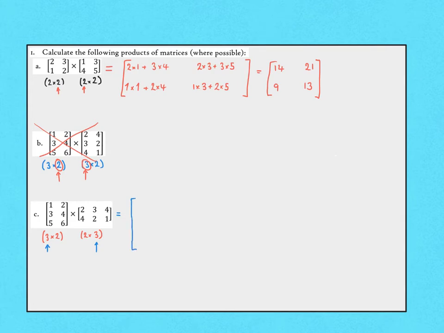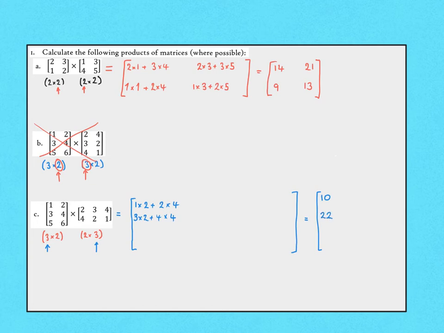So to get our top left element, we take the top row of the first matrix, multiply it by the left column of the second matrix. So that's going to be 1 times 2 plus 2 times 4, which will be equal to 2 plus 8, which is equal to 10. Similarly, to get the middle left element, it will be the middle row of the first matrix multiplied by the left-hand column, so it will be 3 times 2 plus 4 times 4, which is 6 plus 16, which is 22,